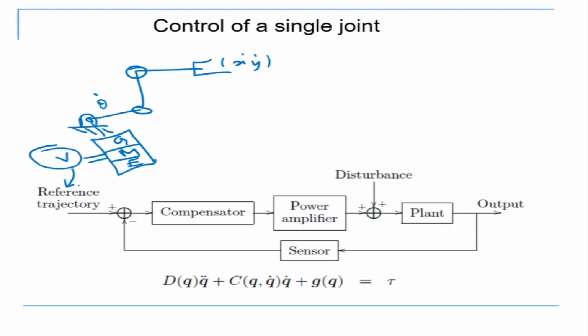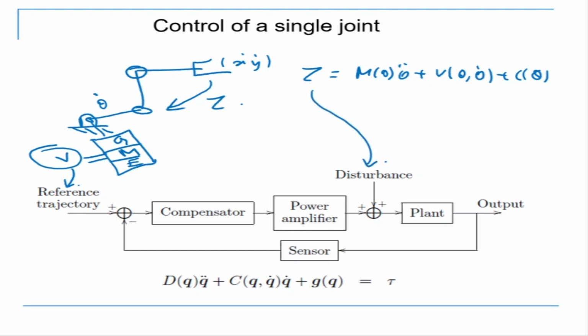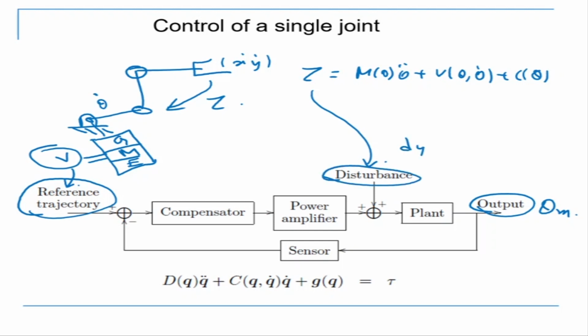That is one input. The second input is the dynamics, the tau m theta double dot plus v plus c theta. What is this doing? This is causing a disturbance. So this is coming like this, and this is tau. This is a disturbance, and my tau is coming here as a disturbance. So basically this is a two input system. There is one reference which is required, that is my desired position, in terms of the end effector or in terms of the joint angle, and there is an output which is theta m, the position of the motor, and there is a disturbance which is coming, which is the dynamics of the system.